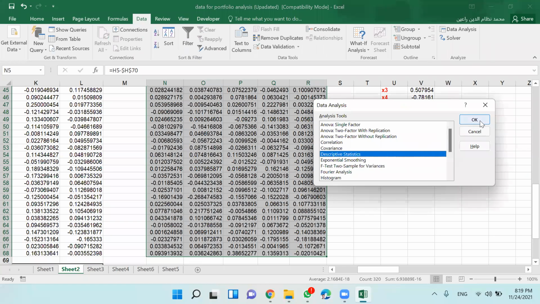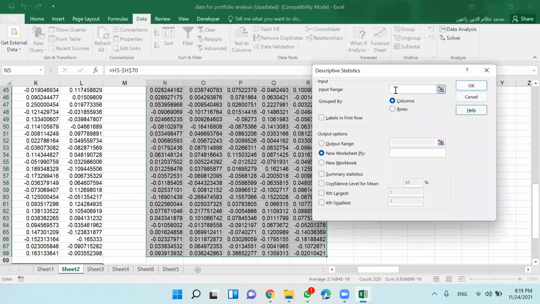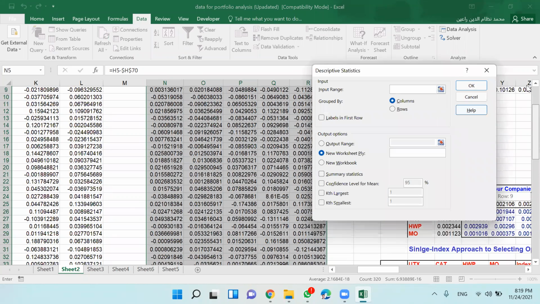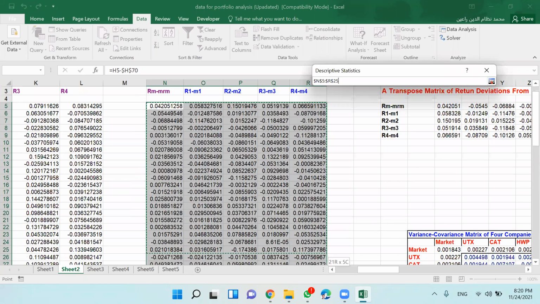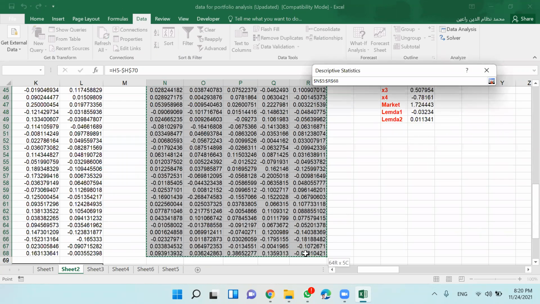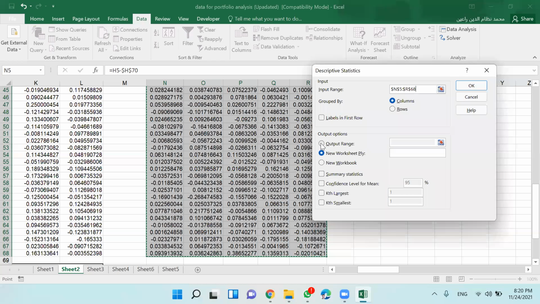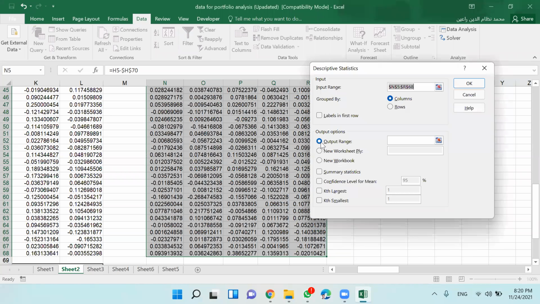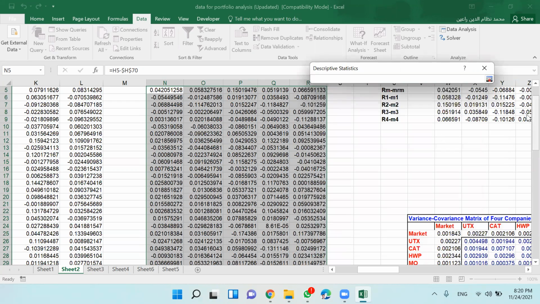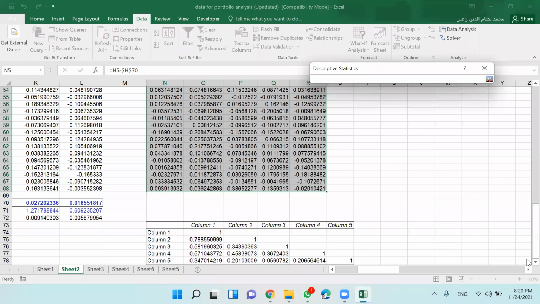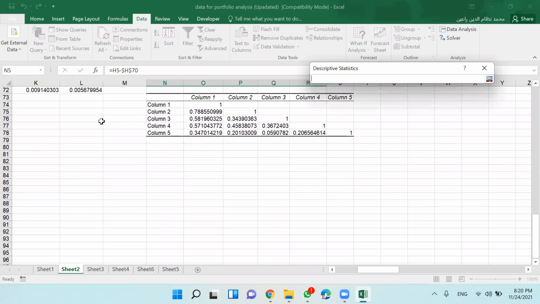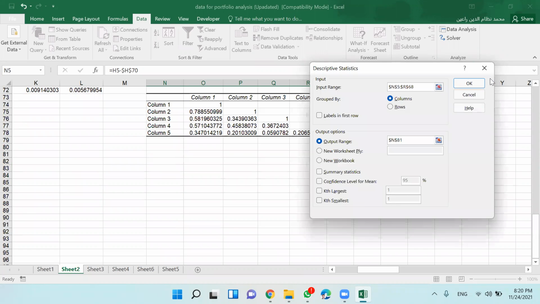And then give the variables, all variables, you just select the data and go to output range. Put the cursor here initially, and then give the space you want to have the descriptive statistics. So put your cursor here, okay? And it has shown the space where we want summary statistics.